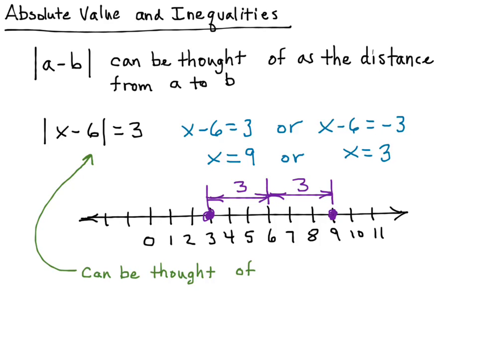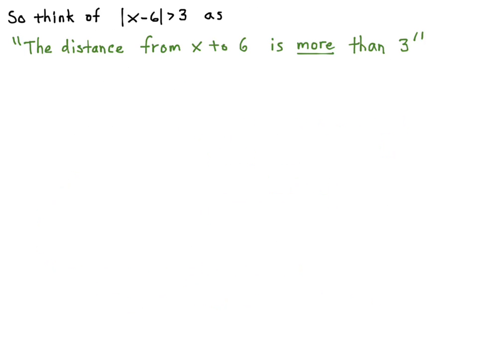Okay, so I think this is what I just said. It can be thought of as the distance from x to 6 is 3. Okay, so let's look at an inequality now, where this one means that this distance is more than 3. Okay, so see if you can imagine what that number line looks like, that the distance from x to 6